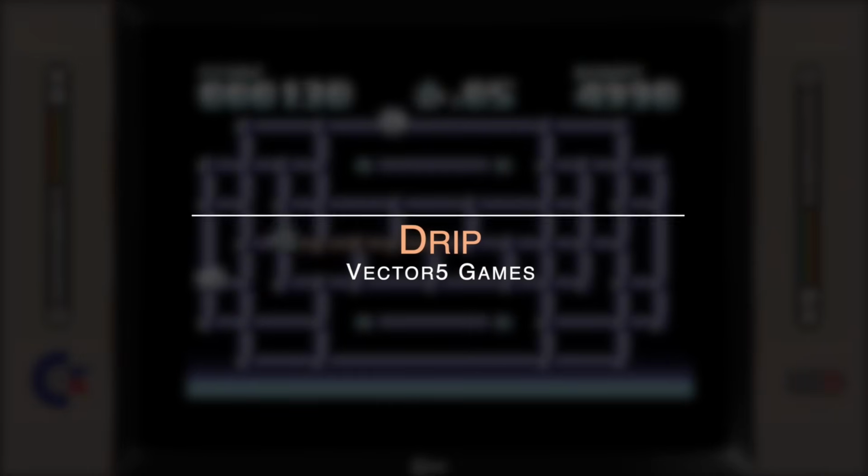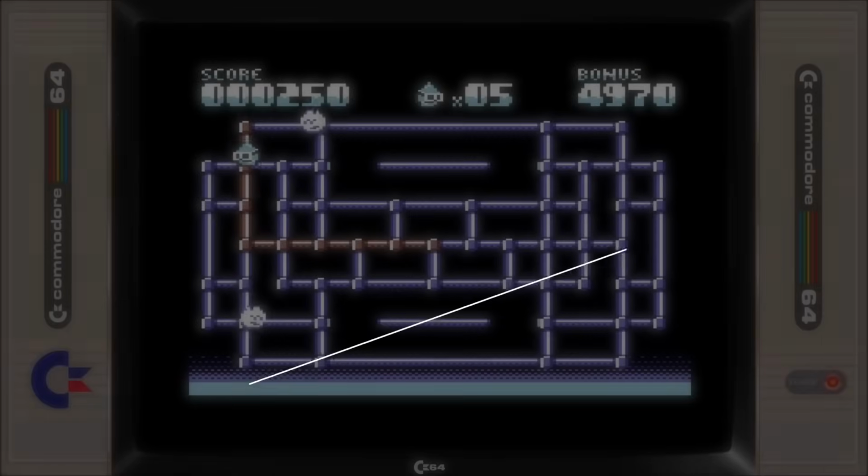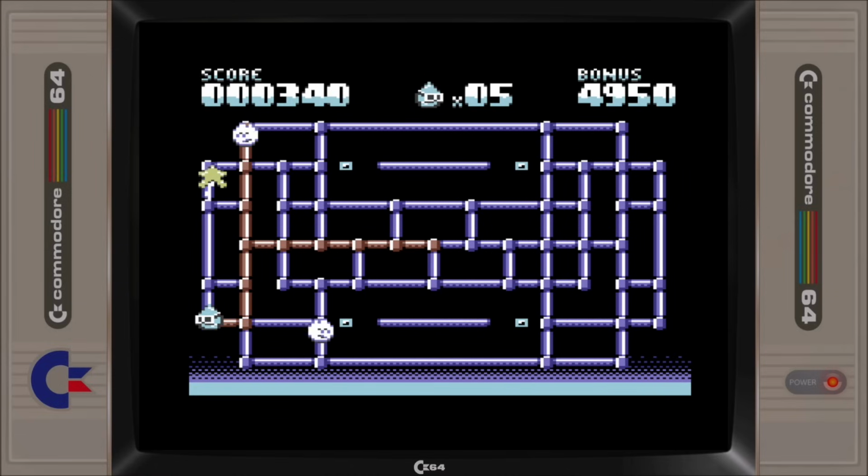Drip is an arcade-style game with 15 levels where your objective is to move along the pipes of each floor and rush them in order to advance to the next level. Pressing the joystick button allows your Drip to jump down to a different section of the pipe, and there are